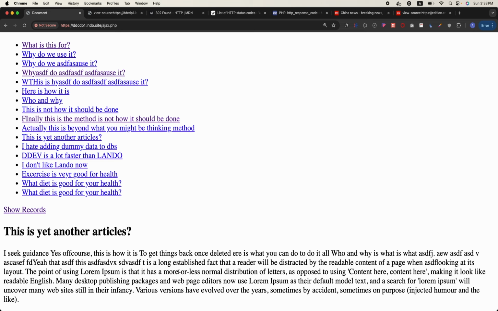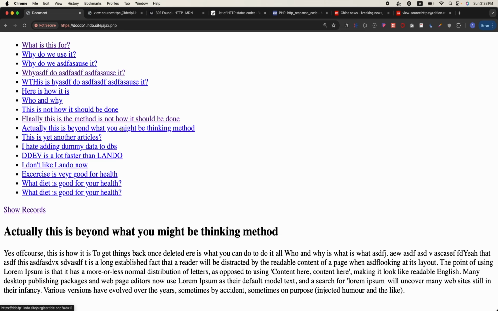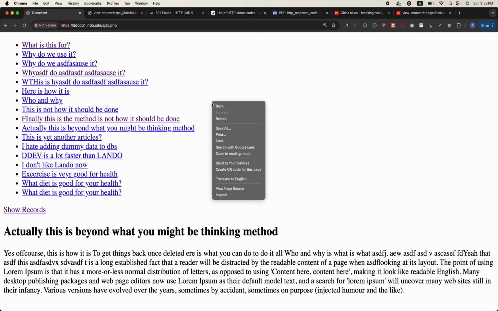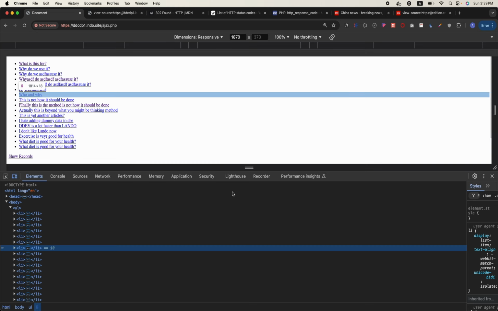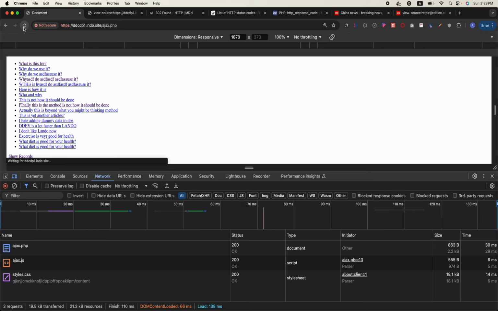So it's a combination of JavaScript and a server-side language like PHP. We achieve something called Ajax. So you can see the difference here. The page is not reloading, but still we are getting data from the server. So if I click on inspect, and go to the network tab again, and if I refresh the page, and now notice